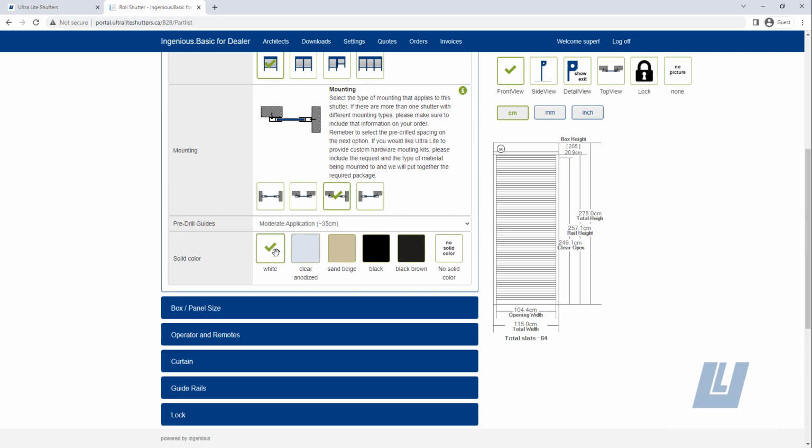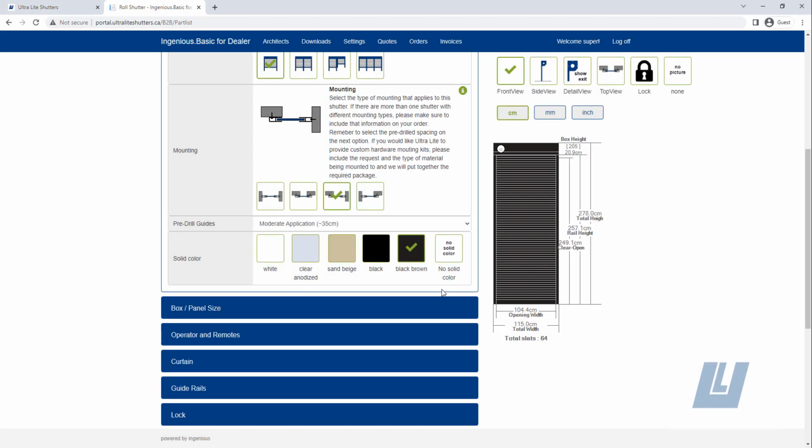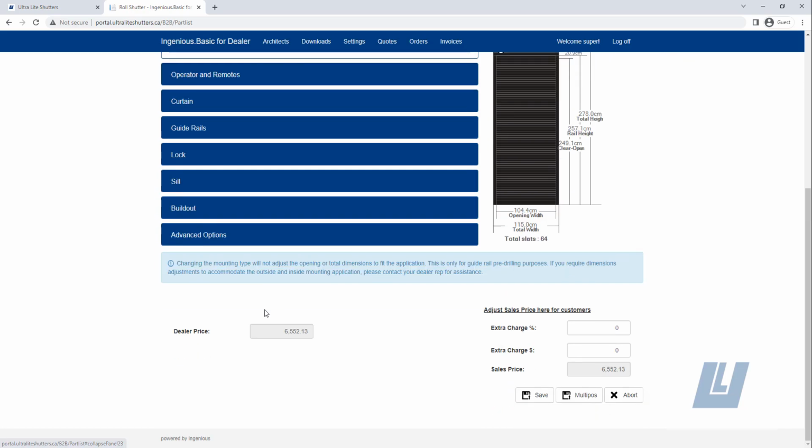Then you've got your color here. In this case, if you select clear anodized, you can see over here it's going to do a live update to clear anodized. Same with beige, same with black brown. The one thing we also do have is the no solid color option. So right now you're choosing your solid colors, but if you choose the no solid color option, you can go down to our next